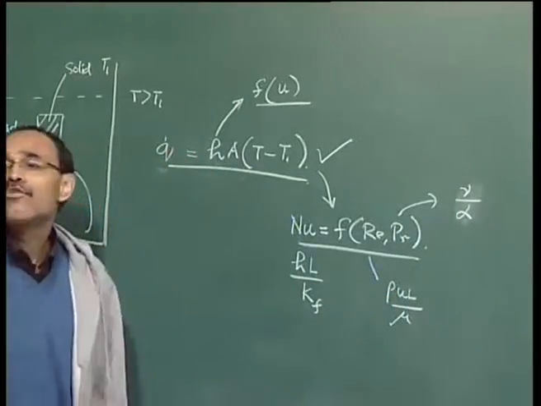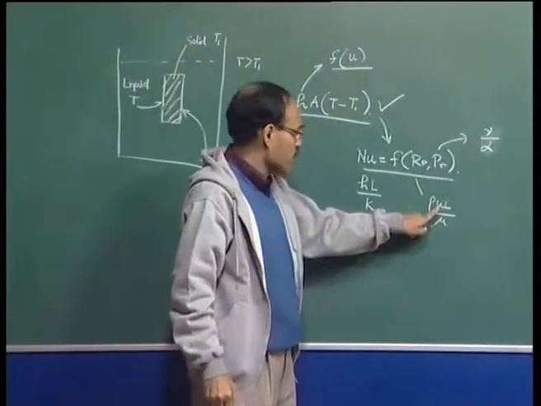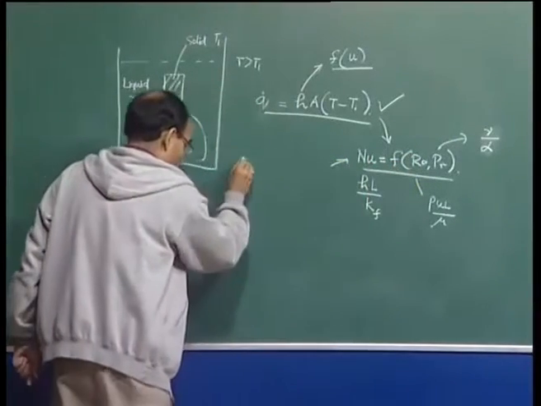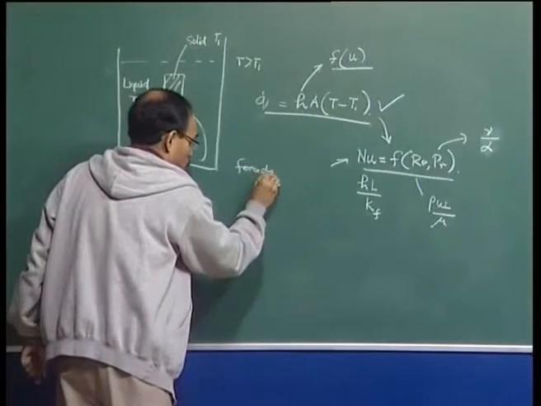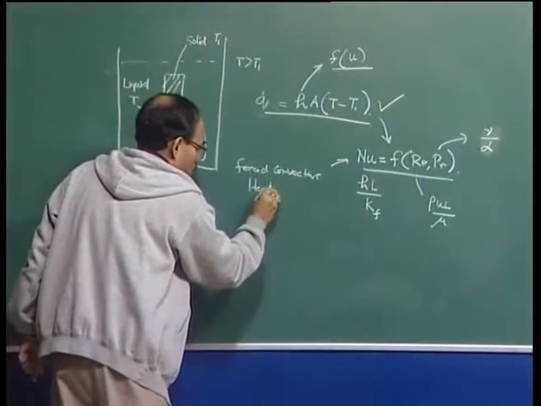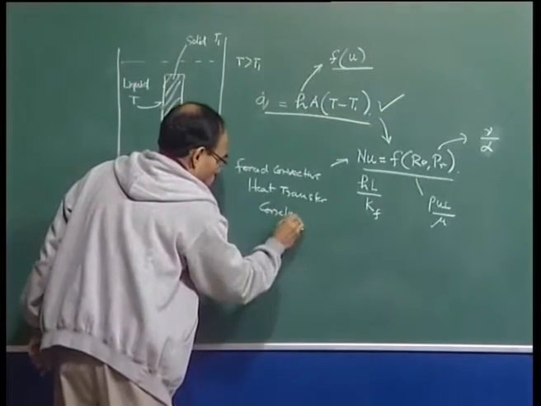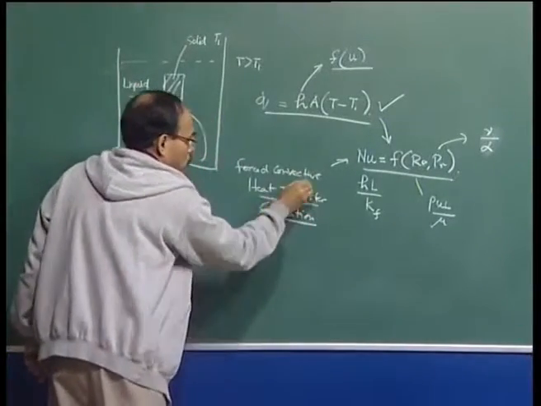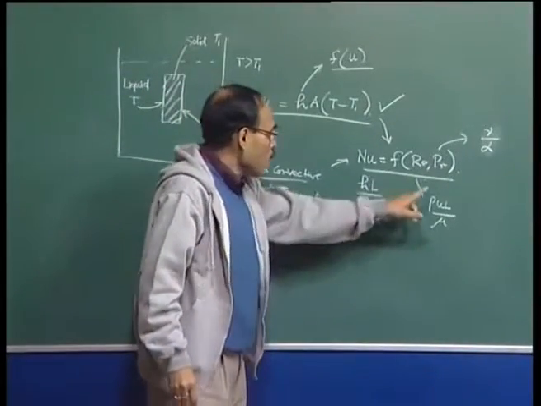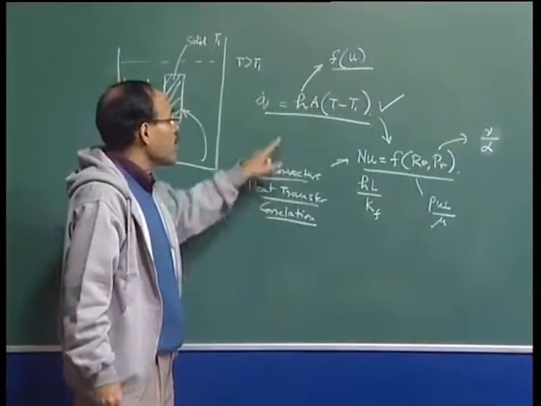So, somehow if you can acquire the value of velocity in the system, we can apply a correlation like this, and this type of correlation is called a forced convective heat transfer correlation. So, if you know the velocity, then use a forced convective heat transfer correlation and find out the value of